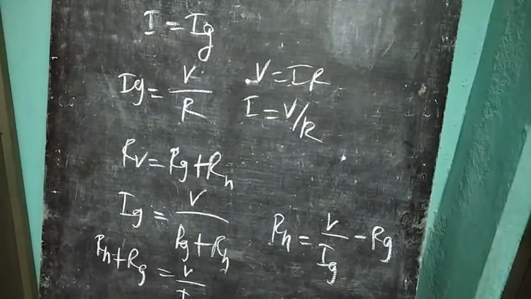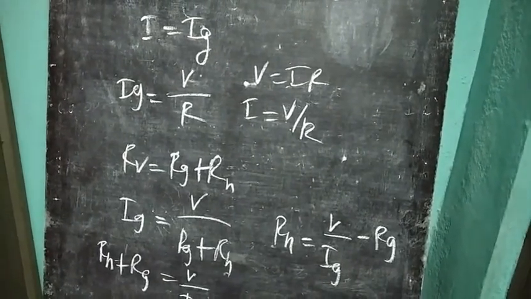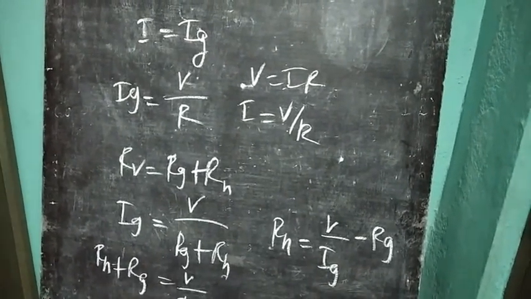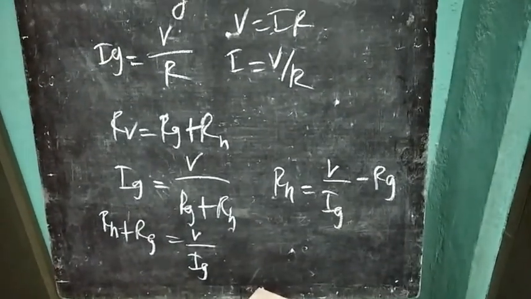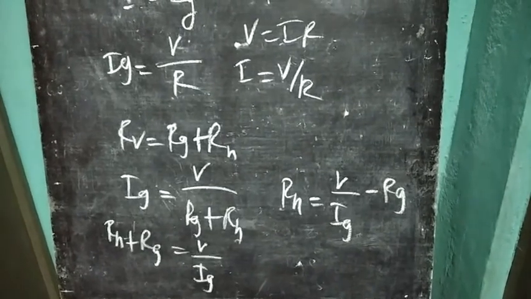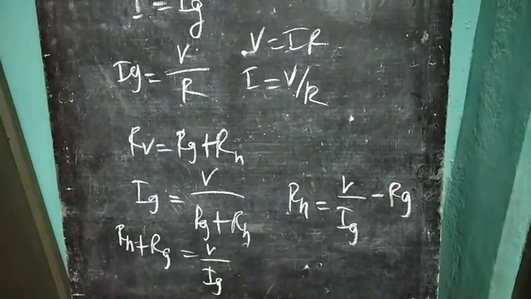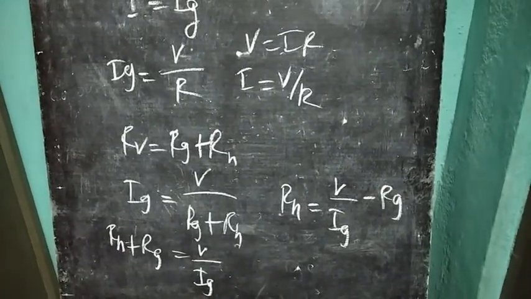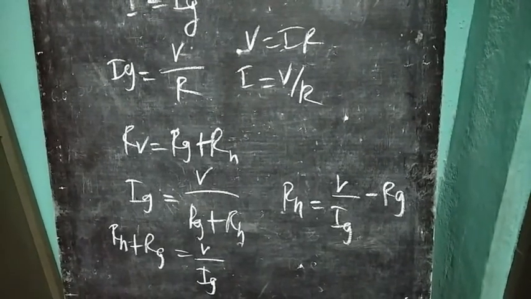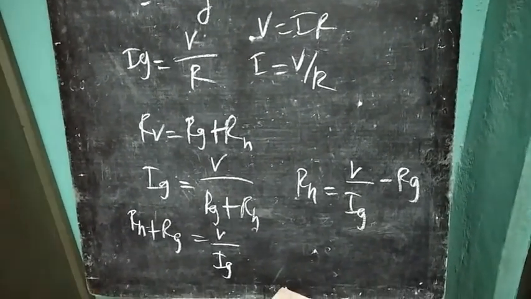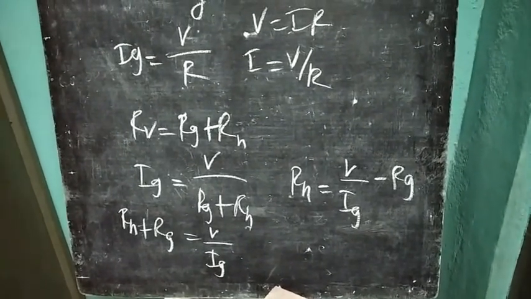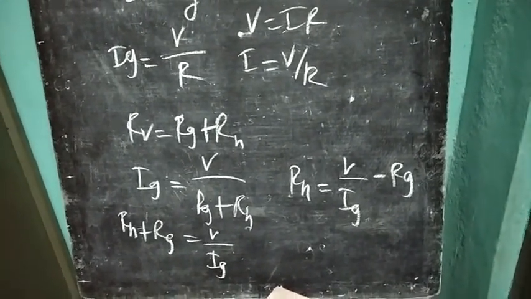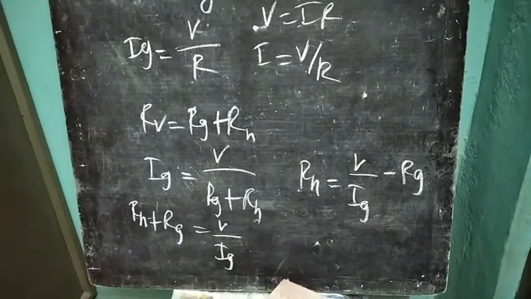The deflection in the galvanometer is proportional to the current, and the current Ig is proportional to the potential difference. So the deflection in the galvanometer measures the potential difference. The resistance of a voltmeter is very large. A voltmeter is connected in parallel in the electrical circuit and draws the least current from the circuit. An ideal voltmeter has infinite resistance.